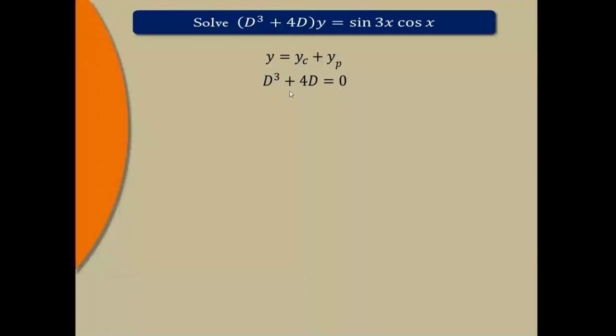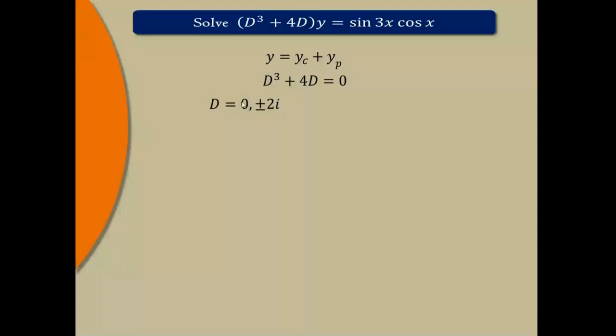Now find the roots of this equation. You can use a calculator or directly you can get the roots of it. Take d common. If you take d common, it becomes d into d square plus 4. Then d square plus 4 equal to 0 means d square equal to minus 4. And then take the square root on both sides. It becomes plus or minus square root of minus 4. And the square root of minus 4 is nothing but an imaginary number, that is 2i. So d equal to 0 is one root and the other roots are plus or minus 2i. So these are the three roots. The highest degree is 3, so we get 3 roots: 0, plus or minus 2i.